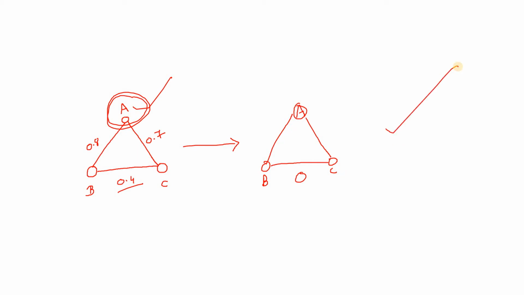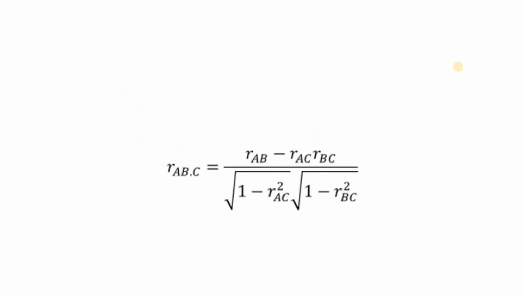I hope intuitively you are getting the feeling. Now let me show you the formula. You need not memorize it, but I can pick up some important points from here. If you observe this formula, you can get a feeling of what is happening. We want to compute the correlation between A and B excluding the effect of the independent factor C. We compute the raw correlation between A and B, then subtract the raw correlation between A and C multiplied by the raw correlation between B and C.